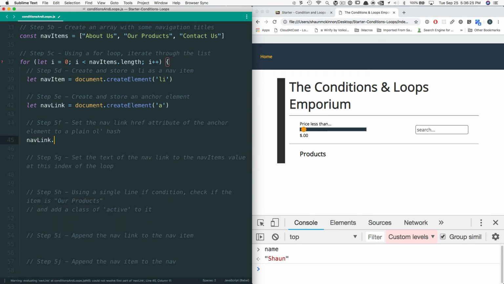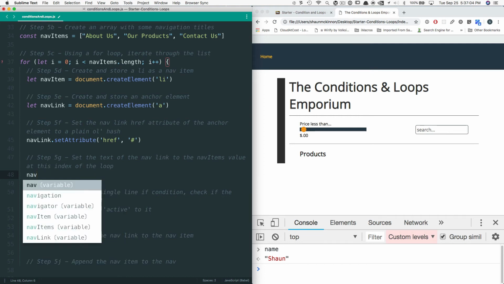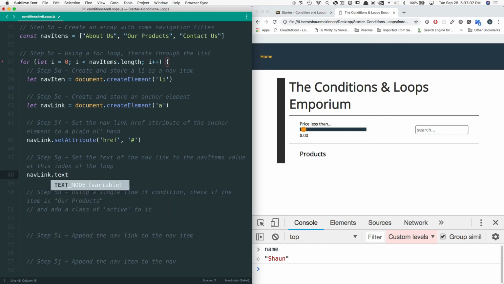navLink. And to add or change an attribute, we call a method called setAttribute. setAttribute takes two arguments. The first one is the attribute you want to set, so href. And then the second one is the value you want to set it with, so hashtag. We're not done. There's no point in having a link on the page if it doesn't have any text, right? Nobody would see it. Nobody would be able to click it. So we're going to add navLink.textContent